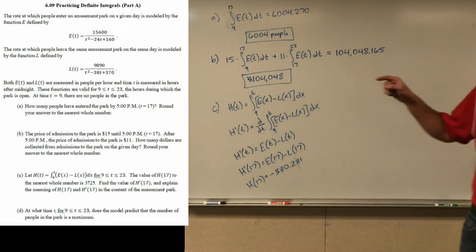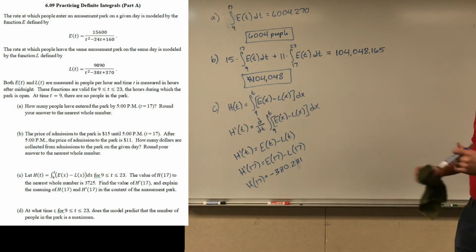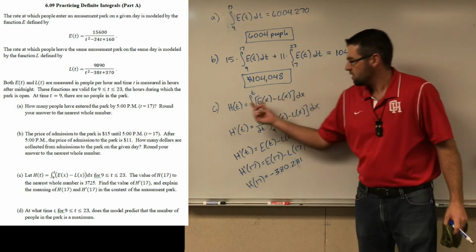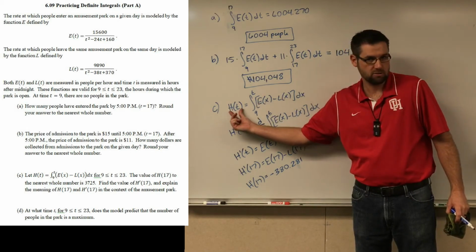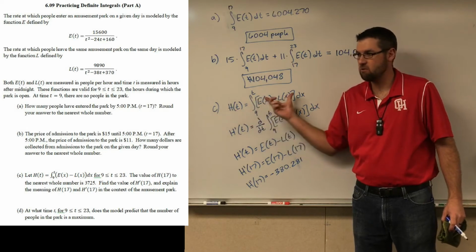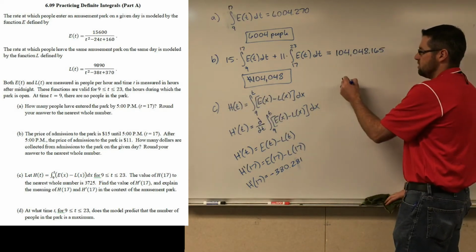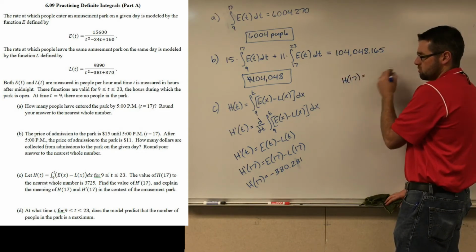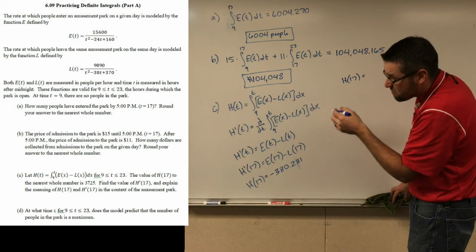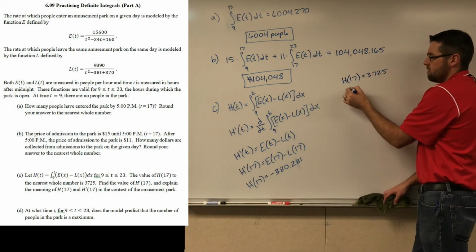The next part is we need to interpret. It says explain the meaning of H of 17. Well, again, H represented what? A rate or an amount? Because it's the integral of a rate, it's the amount, right? So we would say H of 17 equals, what was it? 3,725? Okay, so we would say, therefore,